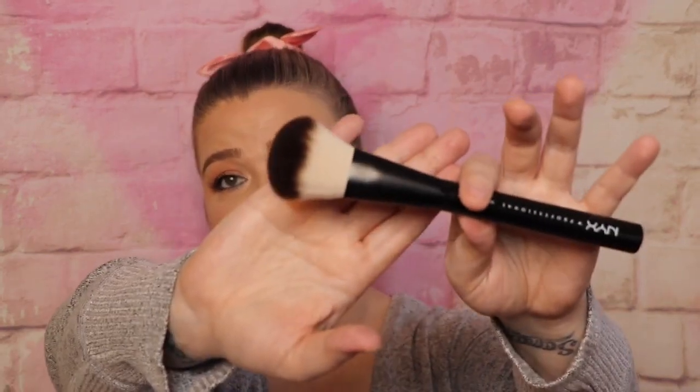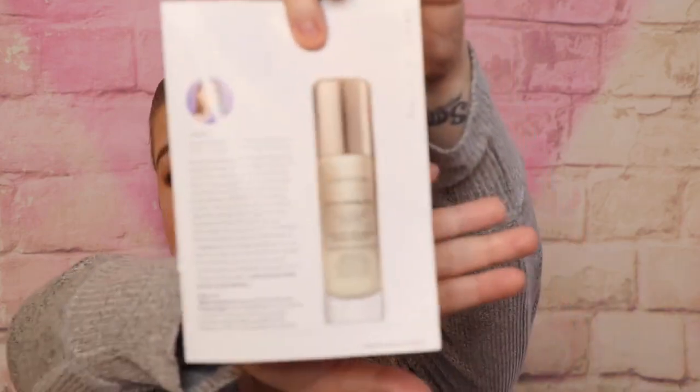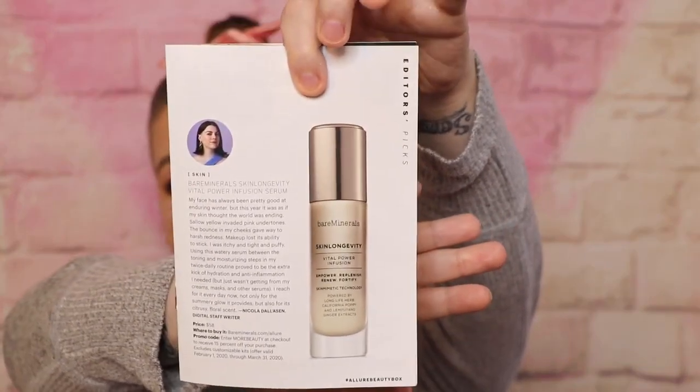This is my holy grail for bronzer. This is the only one I ever like to use. So now I actually have 2, which works out fantastic. So that one, I'm going to say $17 because I'm pretty sure it is one of the higher ones. There is one thing I don't have with me that was in this box, and that is the Bare Mineral Skin Longevity Vital Power Infusion Serum, and the full size does look like this. I actually have been using this. It's about halfway gone at this point, and I didn't remember to go grab it from my night and day